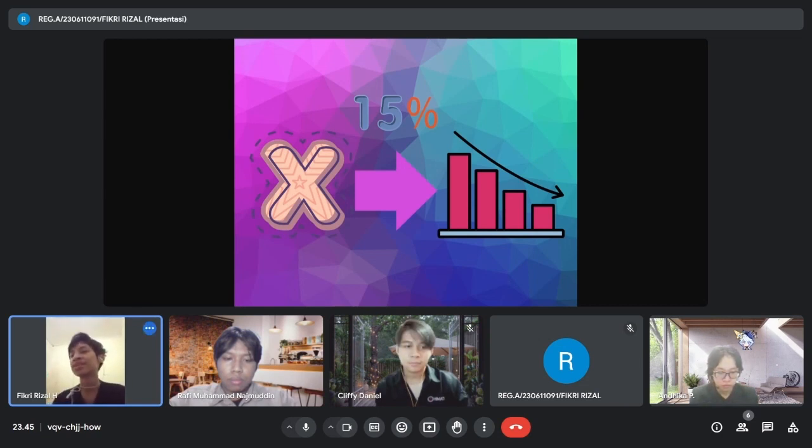Revenue last quarter for product X dropped from $500,000 in the previous quarter to $425,000. The sales volume also dropped from 10,000 units to 8,500 units. Our production cost is constant, but our profit margin is significantly affected. The graph on the next slide shows the sales trend of the last 3 quarters, and we can see a clear decline in the most recent quarter.